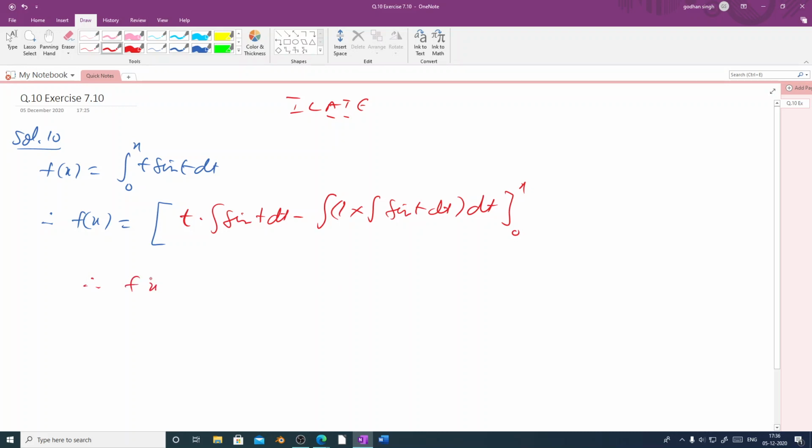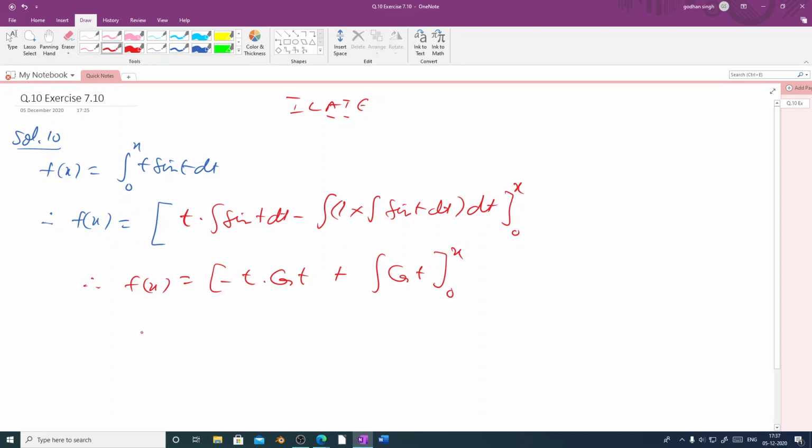Therefore f(x) equal to, we will be getting here t, integration of sine is minus cos t, and minus here also we will be getting minus cos t, so it will become plus cos t, and the limit is from 0 to x, sorry, not 0 to 1. So we'll write here 0 to x. Here also we write down the same, this 0 to x,